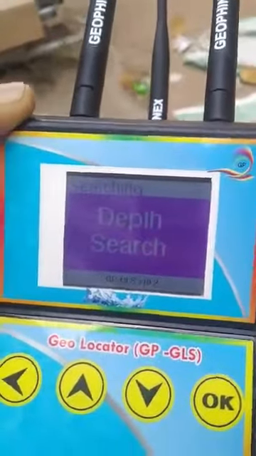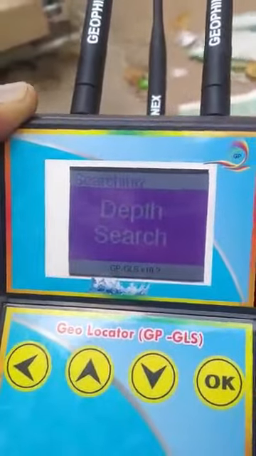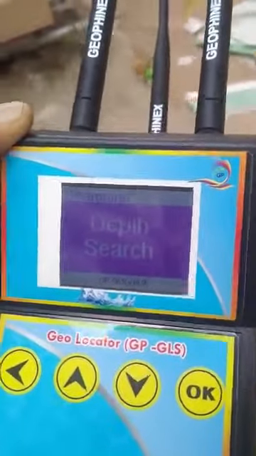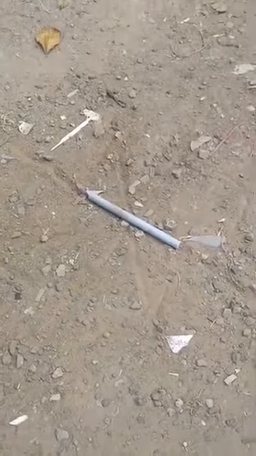For depth search, you have to go to the center point. You have to draw 45-degree angles to all the 4 axes. Now you can see that 45-degree axis. So I am making a 45-degree axis, and I am putting an arrow over here, an arrow to indicate the depth search direction. Along this axis, minimum 2 45-degree axes I have to follow.